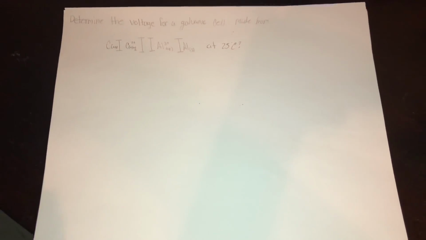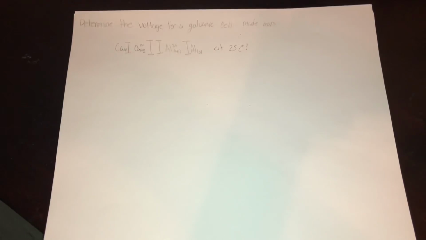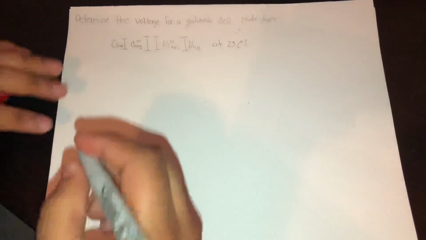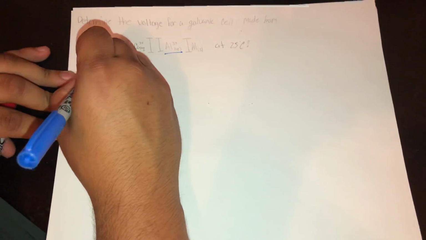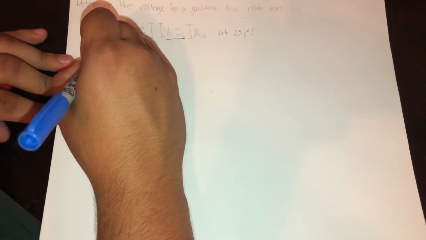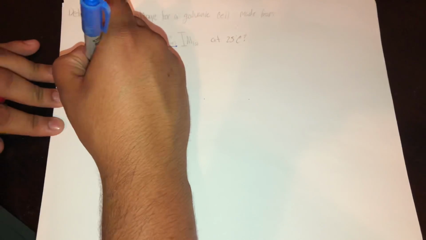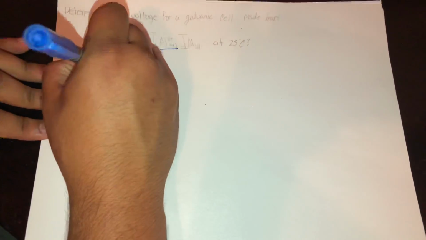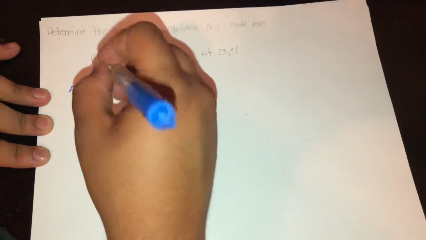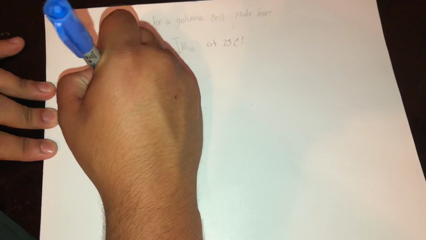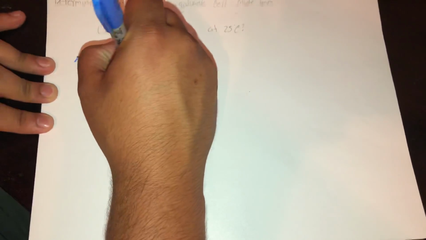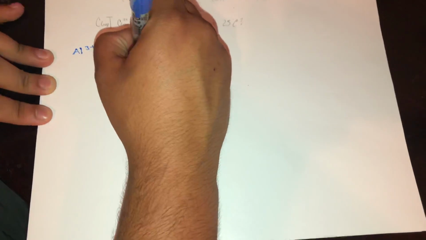Our first half reaction will be Al3+ plus 3 electrons to Al, and then our second half reaction will be